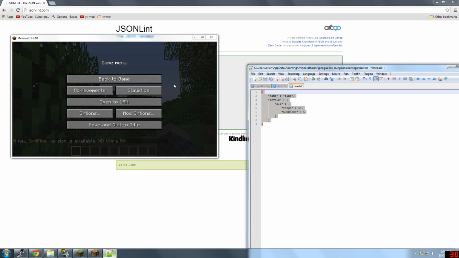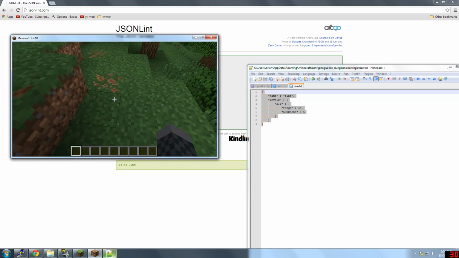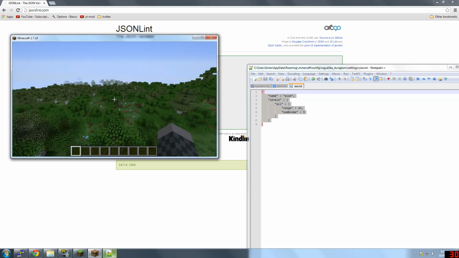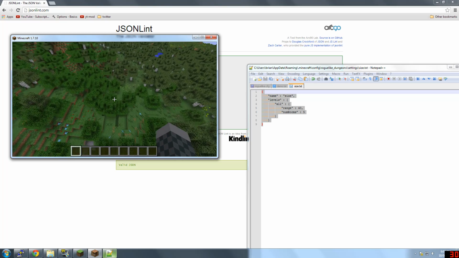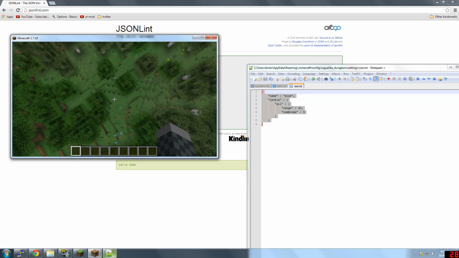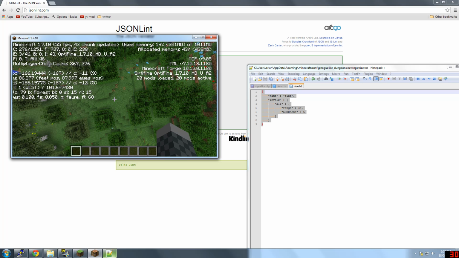Now the only reason that's valid is because I've had a lot of practice writing JSON recently. But in general, you're just going to make a lot of mistakes, and that's the way it is, no doubt. I make a lot of mistakes too still, but for something as trivial as this, it's not too difficult to get it right. So now what I can do is I can try